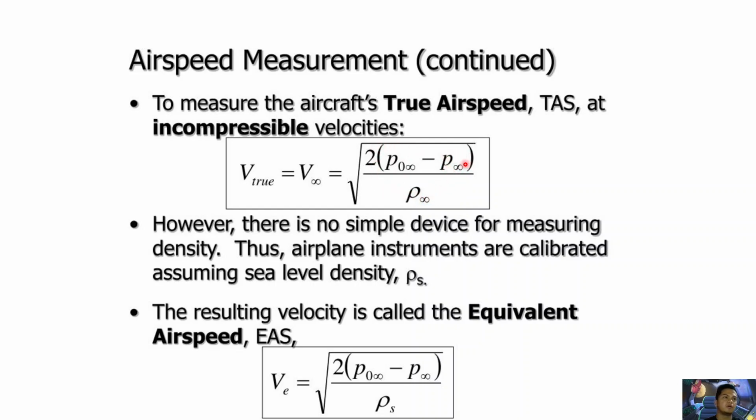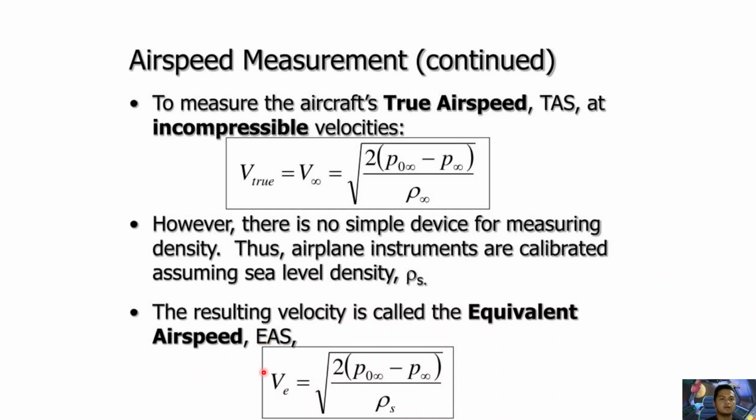Okay, dito, yung static pressure and yung density is the true density or the static density nung isang property. However, there is no simple device for measuring density. Thus, airplane instruments are calibrated assuming sea level density. So, kung yun ang true airspeed mo, meron din tayong tinatawag na equivalent airspeed or V sub E or EAS,